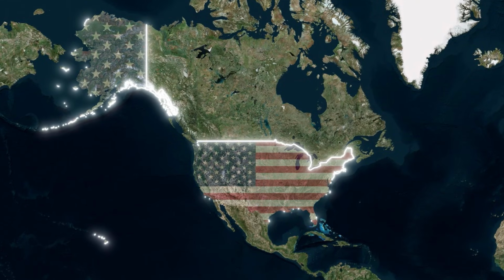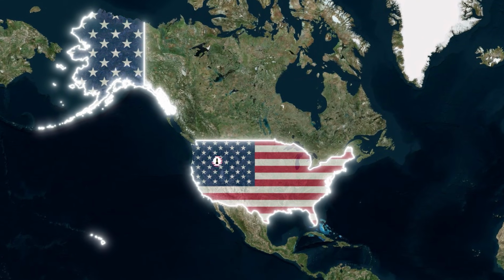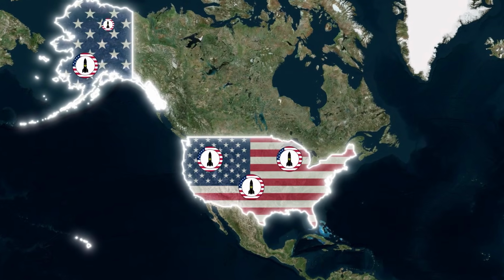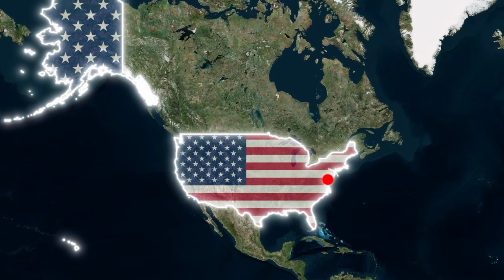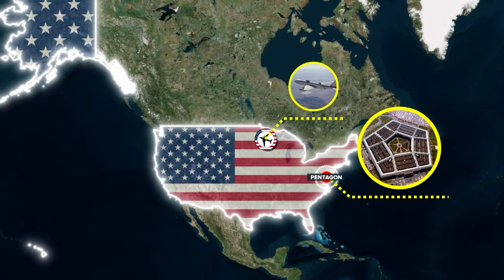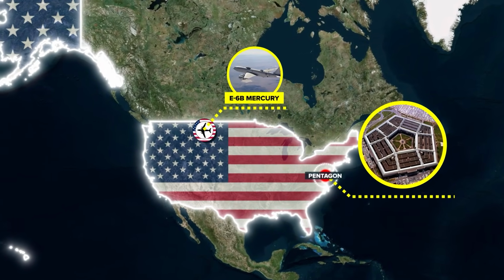How does the United States exercise its control over its nuclear and other strategic forces in a crisis that could happen quickly and take many forms? Two words: Doomsday plane. The E-6B Mercury has been called the Pentagon's deadliest aircraft, even though it doesn't carry any